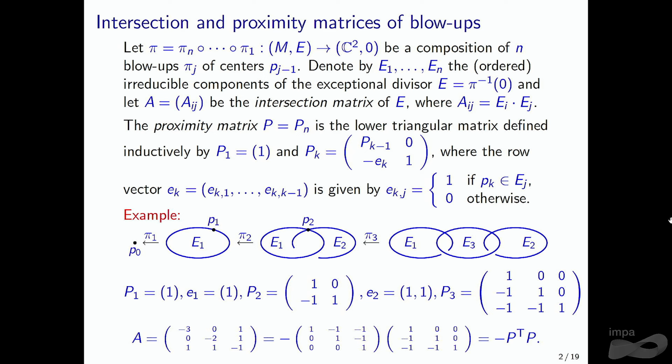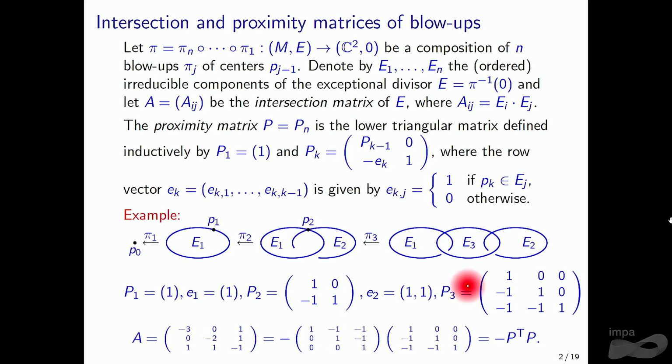And the second proximity matrix is this one, and we put a -1 because the point P1 is on the first component of the exceptional divisor. Then we choose a second point, in this case in the intersection of E1 and E2,